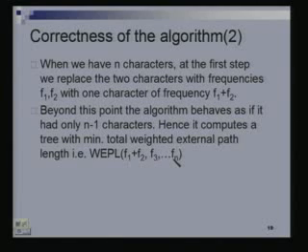And so, using our induction hypothesis, it would have computed the best possible tree over these, because these are only n-1 characters now, and it would have computed a tree on these n-1 characters with total weighted external path length as this quantity, right? This was the minimum quantity. This was the notation we used for the minimum,